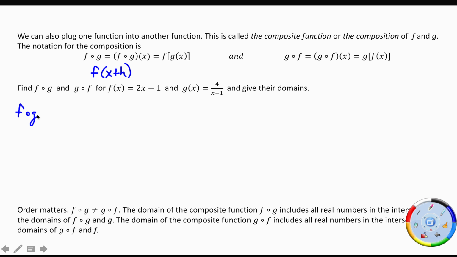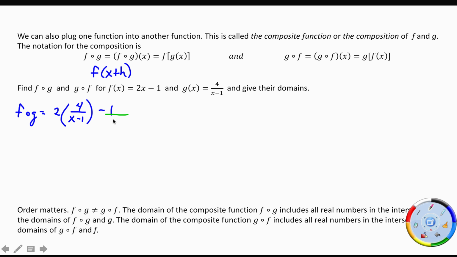f of g means I'm going to start with the function f. So I'm starting with f. And everywhere there's an x, when I get to x, I'm going to replace it with the function g. So in this case, I'd have 2, and then instead of x, I'm going to replace x with the function g. Then don't forget to finish your problem. That's f of g, right? May take a little simplifying